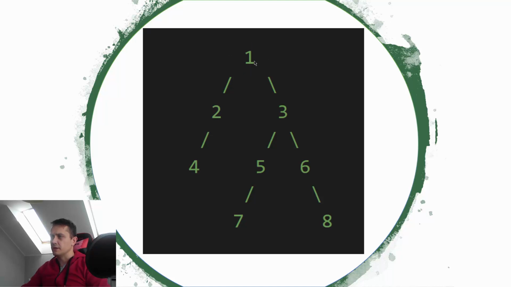Okay, so in this case, the top parent, the root, is a node with an ID of 1, and it has 2 kids. The kid to the left has ID 2, the kid to the right has ID 3, and so it goes on and on. Okay, and we want to search this tree to see what is the minimum length. So in our case, we want to find this element,